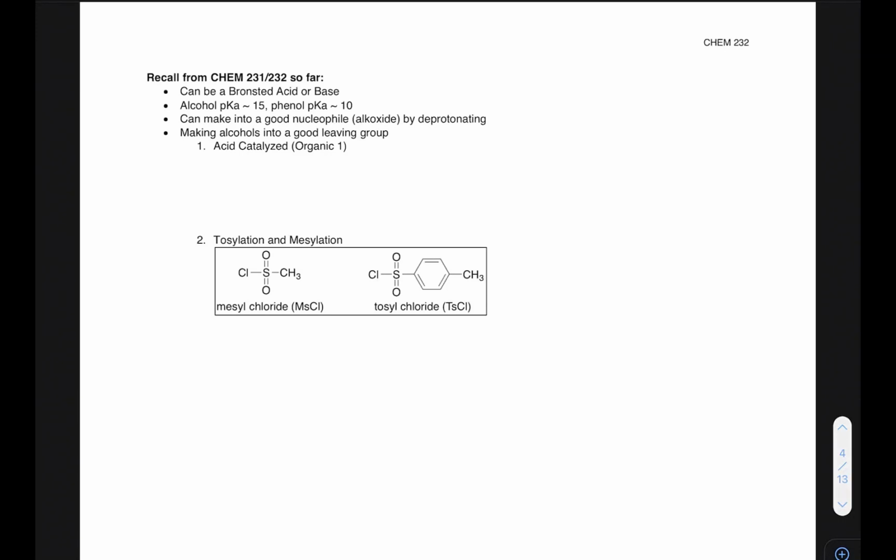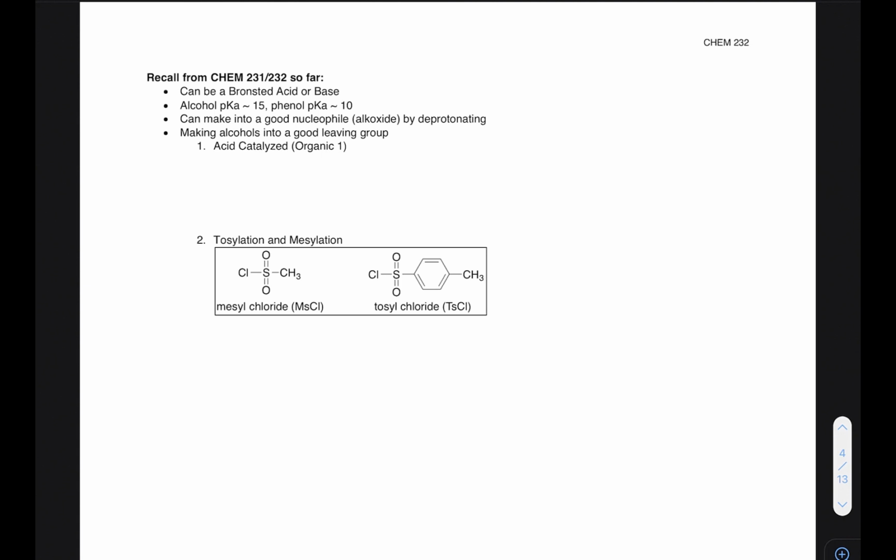So for the next video, we're going to look at some review essentially for alcohols and a couple of new things. So remember from Organic 1 that alcohols, OHs, can be acidic or basic. And the pKa for alcohols is a little higher than phenols. So phenols can be a little bit more acidic, and that'll be relevant a bit later on. And as they are, alcohols are not good leaving groups, OHs, if they were to leave as OH minus, that's